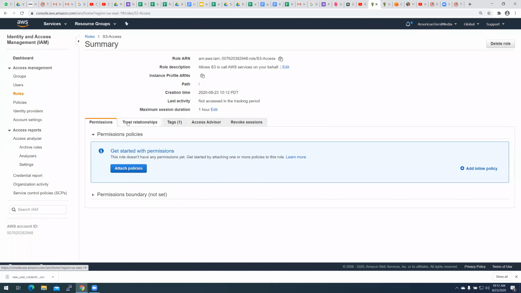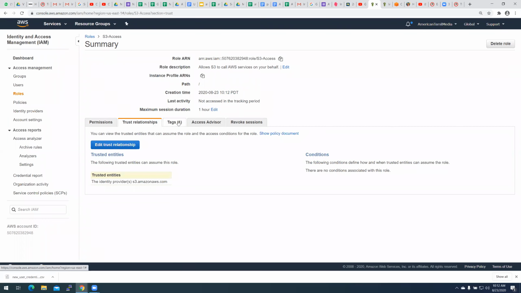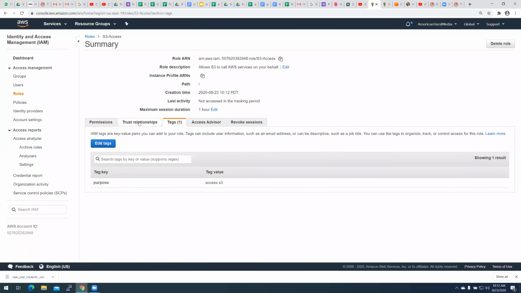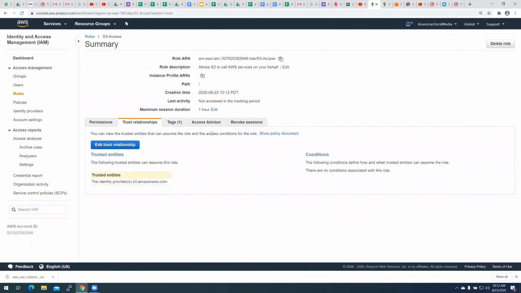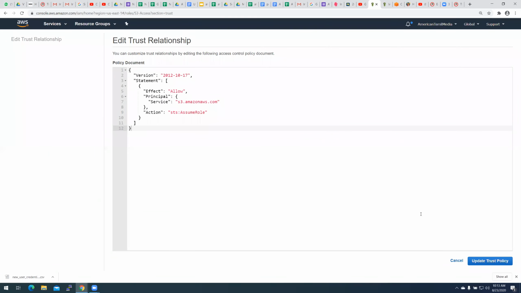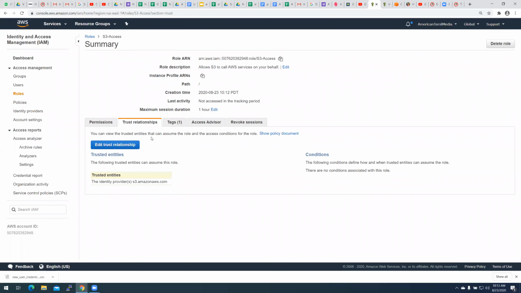This trust relationship is something you can set across two different accounts. You can also define it over here, but let's not get into that right now.